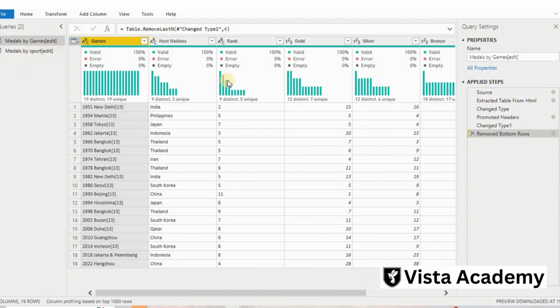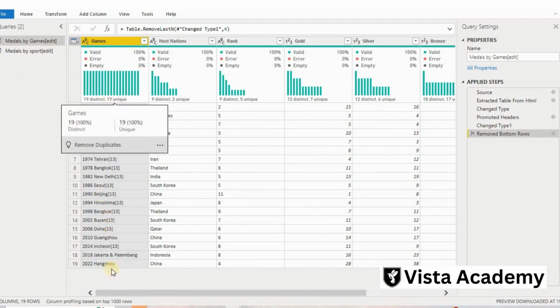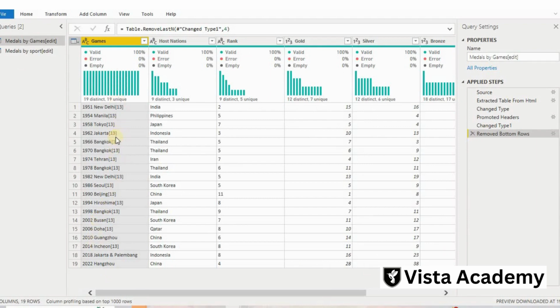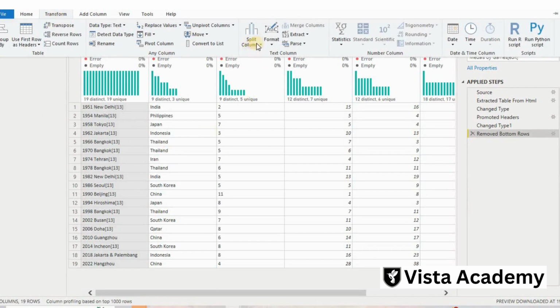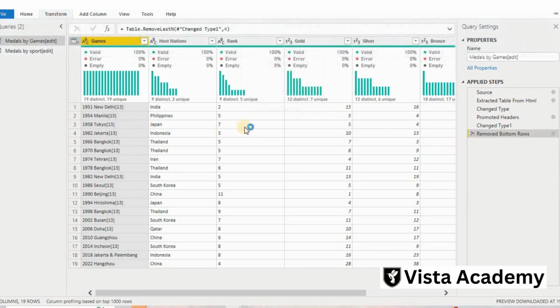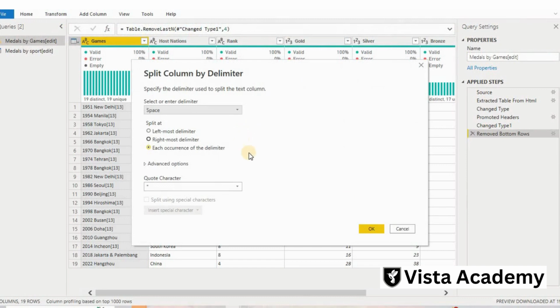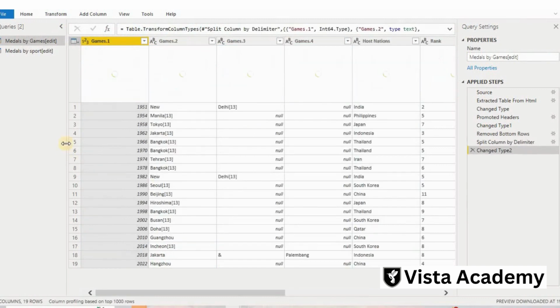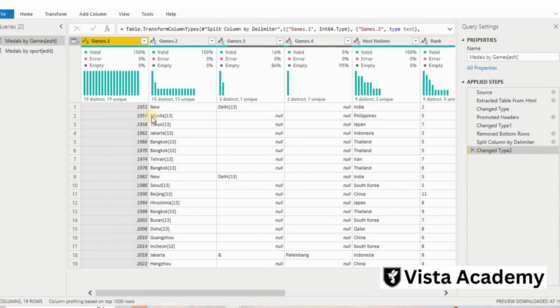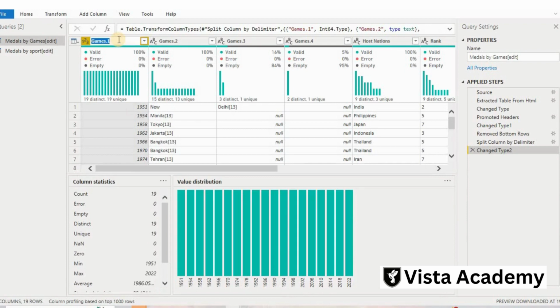So this is our table and we have games, but here what we are finding is that we have years also and venue also in the same column. So we want to transform that. For that I will go to Transform and then I will go to Split Column, by delimiter. I will just split them space-wise. Now what is there is we have years here now. So I will change its name to Years.